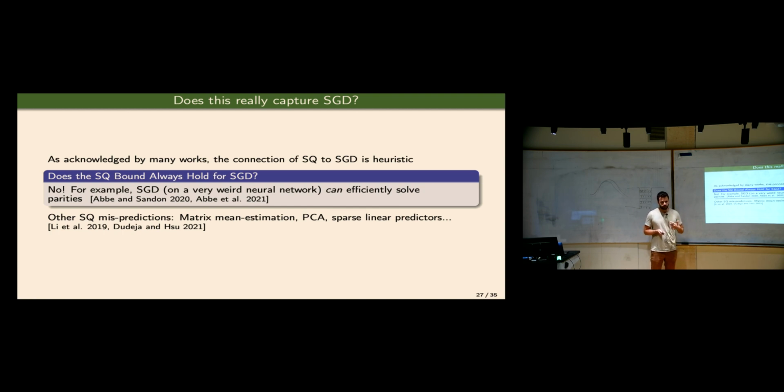So these do require very, very artificial constructions. With SGD, people were able to construct a very synthetic network that memorizes the samples that it got, and then runs an arbitrary algorithm. And when you allow for such things, then yes, SQ can break. And so now the question is, in realistic settings, can we actually get real rigorous lower bounds and understand why SGD fails for relatively standard scenarios?